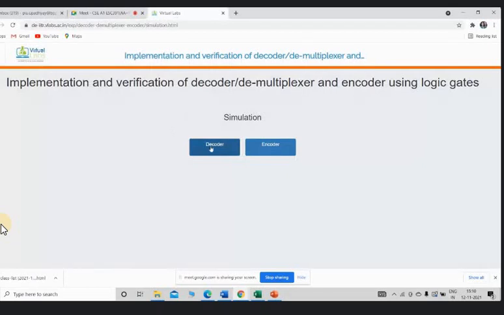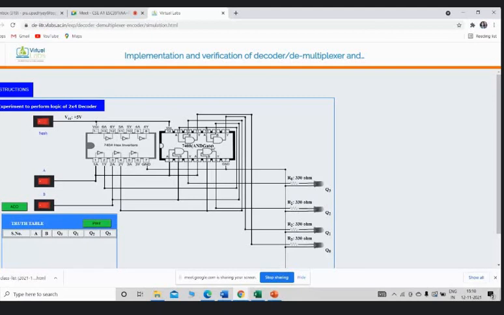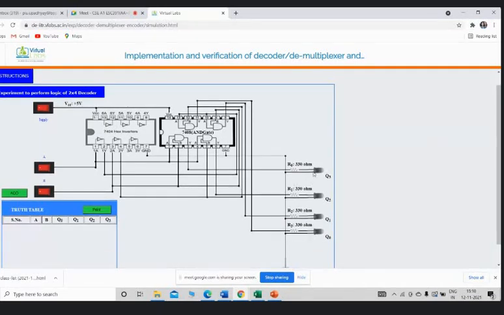Now coming to the simulation part, I'm going to give you this link in your WhatsApp group. So over here, okay, those who don't know, this is a resistance, this is the LED. We use resistance for controlling the flow so that our LED is not going to burn. And yes, this is a NOT gate. In NOT gate IC, it is a hexa, 6 NOT gates are present, and this is an AND gate. And using this, we can have it.